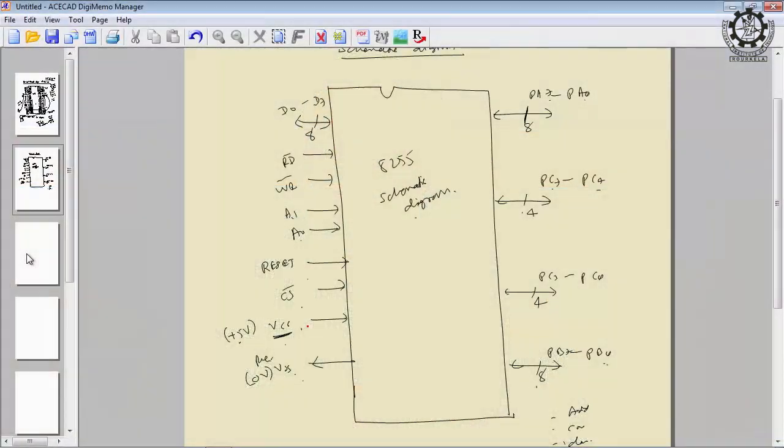So, as far as interfacing is concerned, or the exam, or theory is concerned, we shall refer to this schematic diagram, instead of giving focus to the pin diagram, which is difficult to remember. Okay, one pin diagram of one IC you can remember. As I told you, there are hundreds of ICs. How can you remember the pin diagram of 100 ICs? So, therefore, we shall focus on the schematic diagram, right.